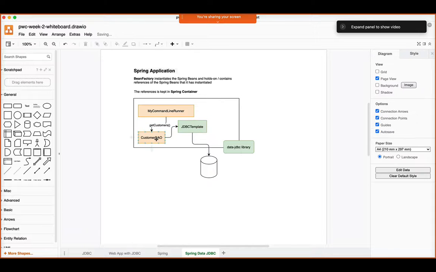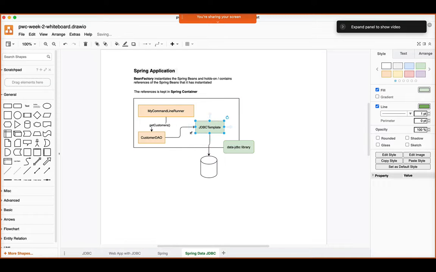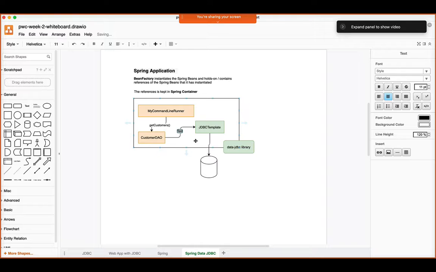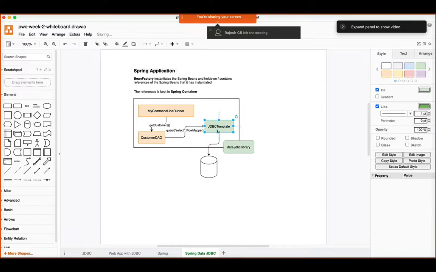In getCustomers, customer DAO invokes which method on the JDBC template? The query method, and it passes two parameters. One is the select statement, and the other is the expression, if it's a lambda expression, or else an implementation of a row mapper. What do you mean by implementation of row mapper?